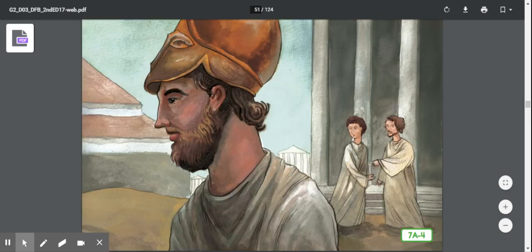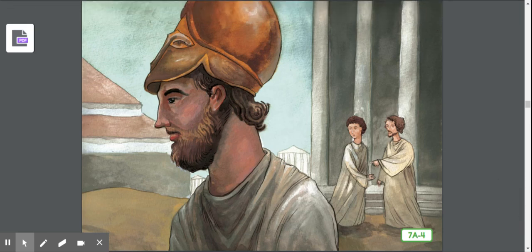As Hero and Dion continued walking on that sunny afternoon so long ago, they glanced ahead and saw a face they knew well. "It's Pericles!" Hero exclaimed. All Athenians knew the man whom they had elected, or chosen, to run their government year after year. Pericles held great power, both as an army general and as the leader of their government.